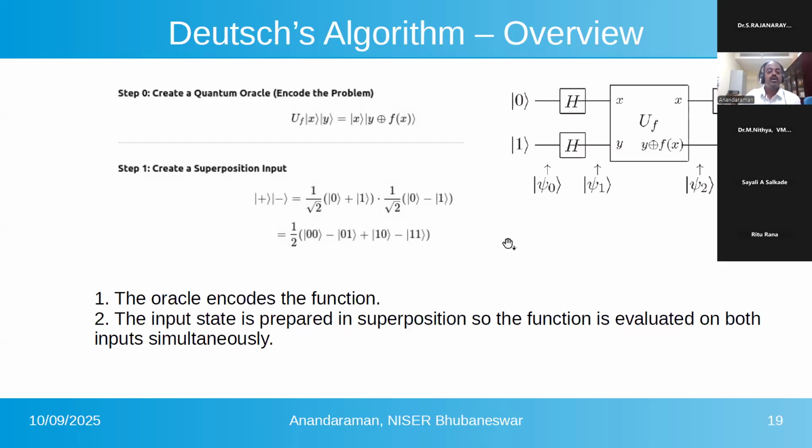So the Oracle encodes a function. The input state is prepared in superposition. So the function is evaluated on both inputs simultaneously. So here, for example,